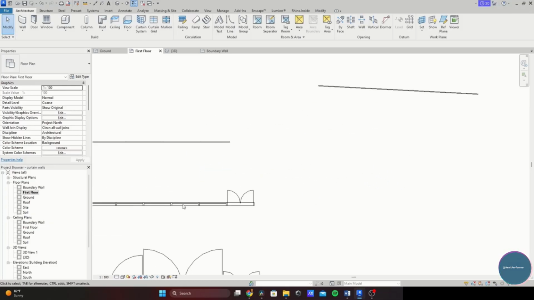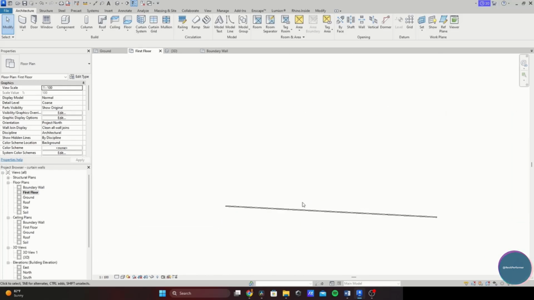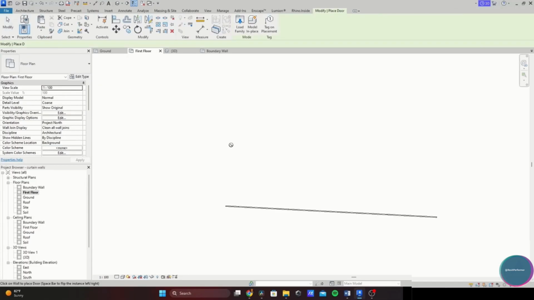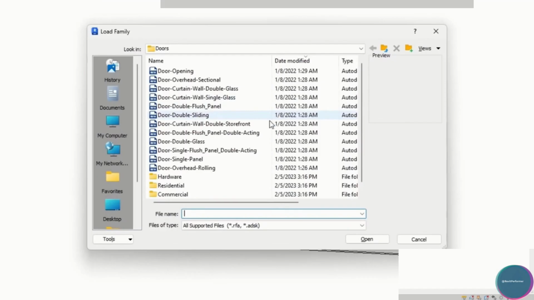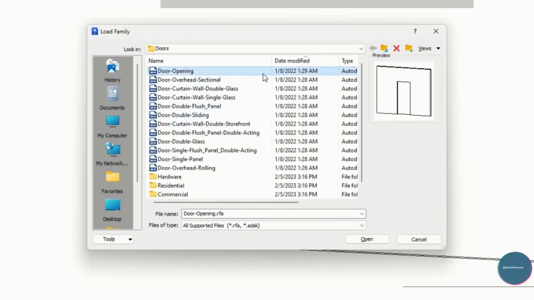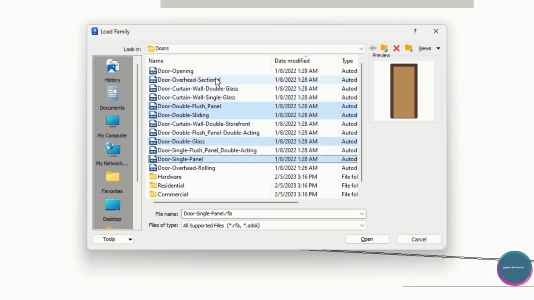And now, if I want to draw a door into it, I don't have to go and do the whole process of selecting my glazing and going through the manual process I told you before. I can simply go into Door, but this door won't work. Go into Load Family, and you'll have some door types outside. Select the doors like this: you have this sliding door flush, you have the double glass door, you have the single panel. Select these doors.